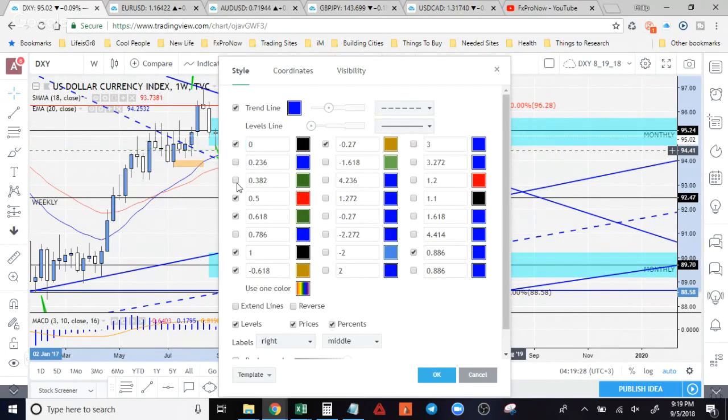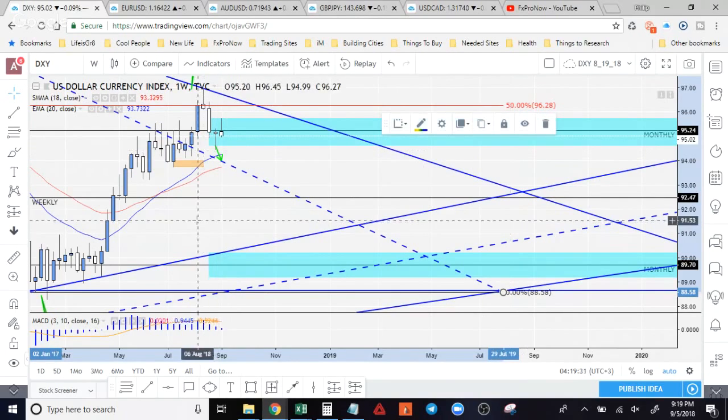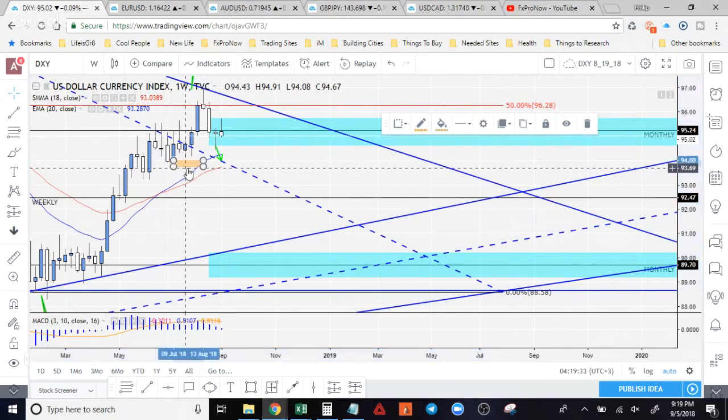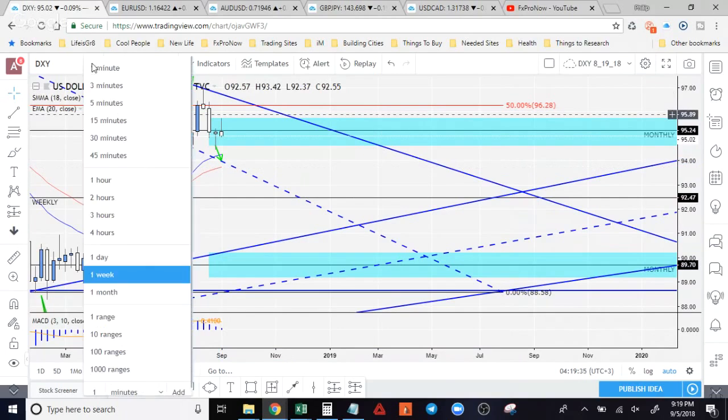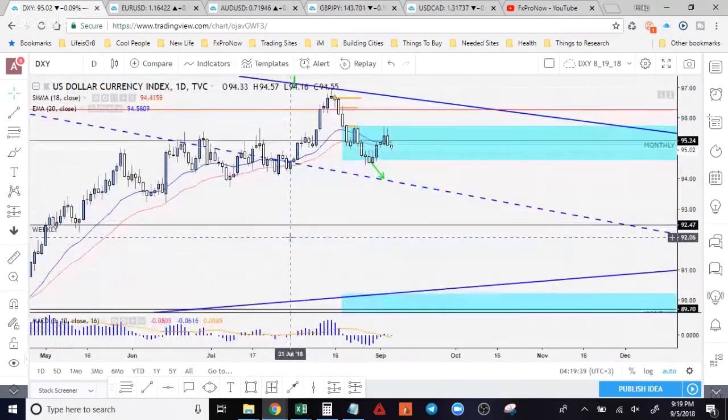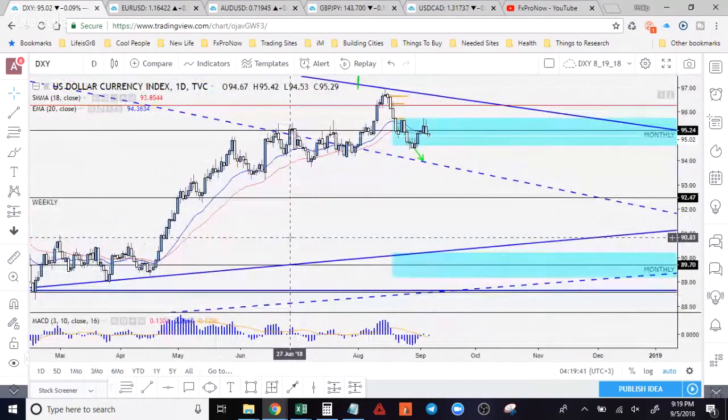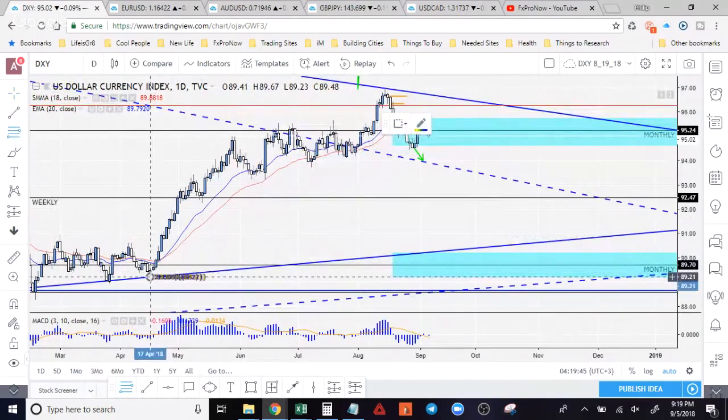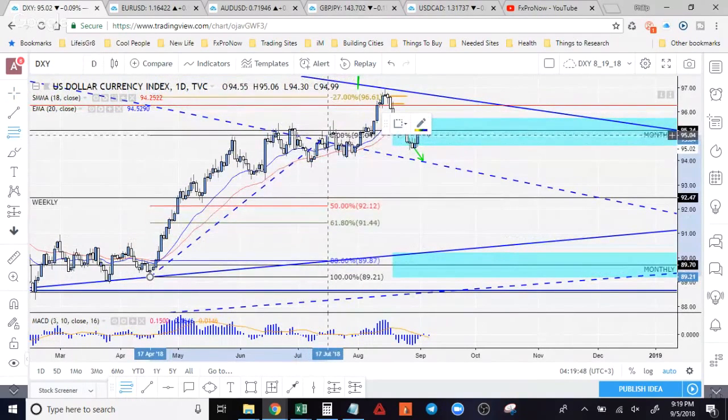Okay, so what I'm going to do now is go to the daily time frame, and I'm going to see how everything is forming on that side. Okay, so let's go to the daily time frame real quick, and we see a new area where we can pull out our Fibonacci retracement tool, right? So point A